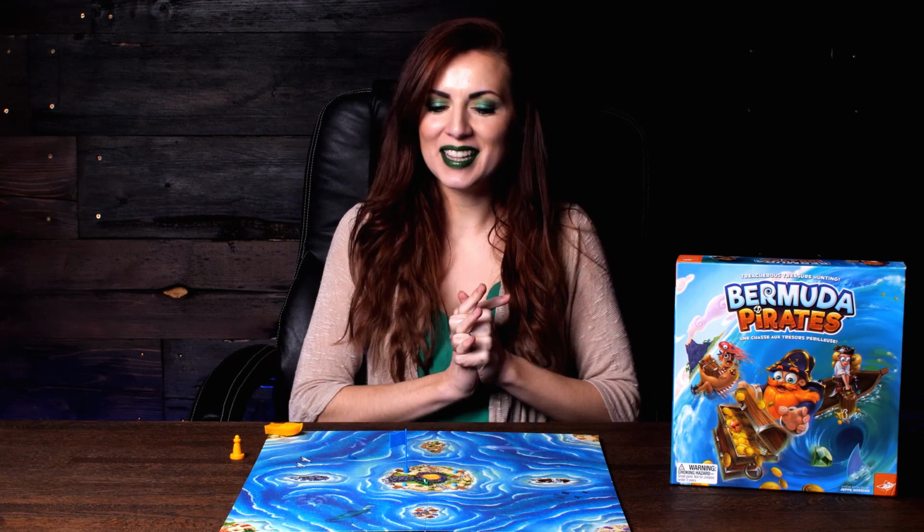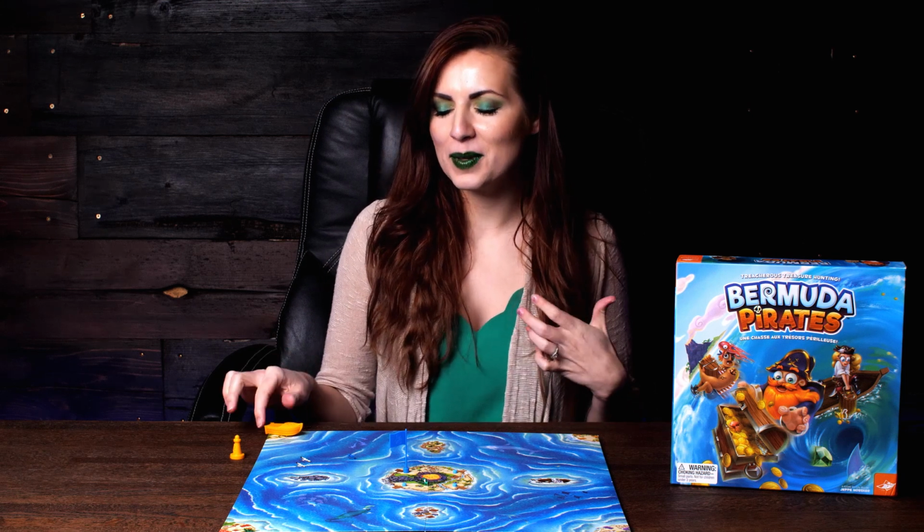overall, I have to say that this game is fun. It's light. It's easy to play with kids. Our daughter at 3.5 is a little bit young to be able to push it perfectly, but it's been cool for her to work on her fine motor skills. The turns are really quick because obviously during the first play of the game you usually crash quite a bit, or fling your treasure off, whatever you want to say, and